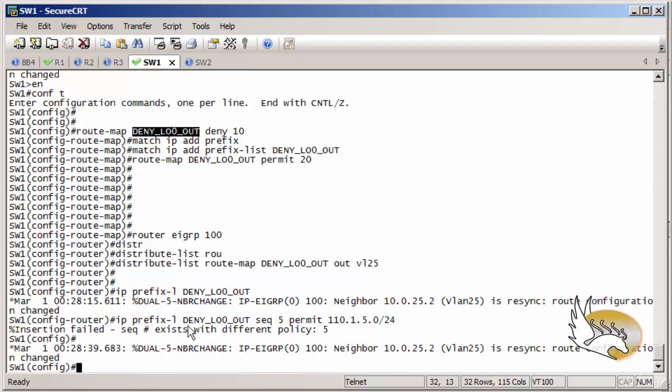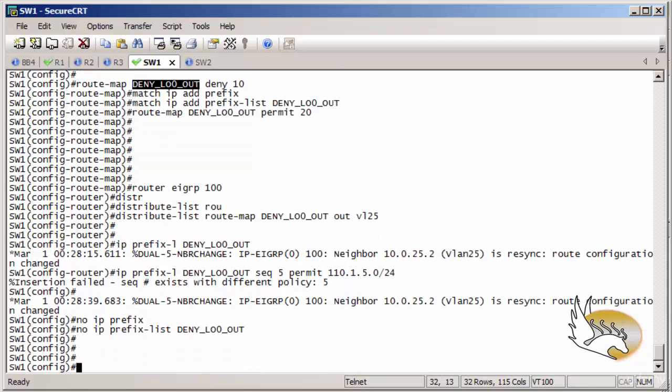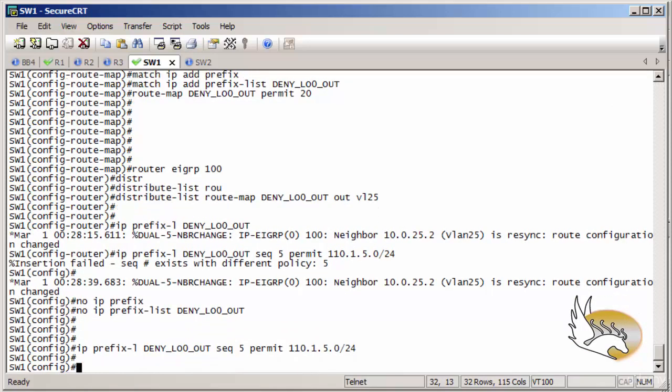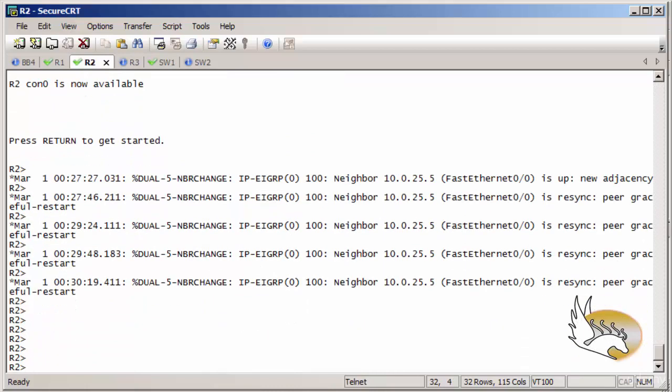So first of all, I need to be sure that there is no such prefix list, and for this I'm going to do no IP prefix list deny loopback 0 out, and after that I can go and create this again. Now I have this prefix list, I have this route map, and I have added this to my router process, and I can go to router 2, and after resynchronization I should see that